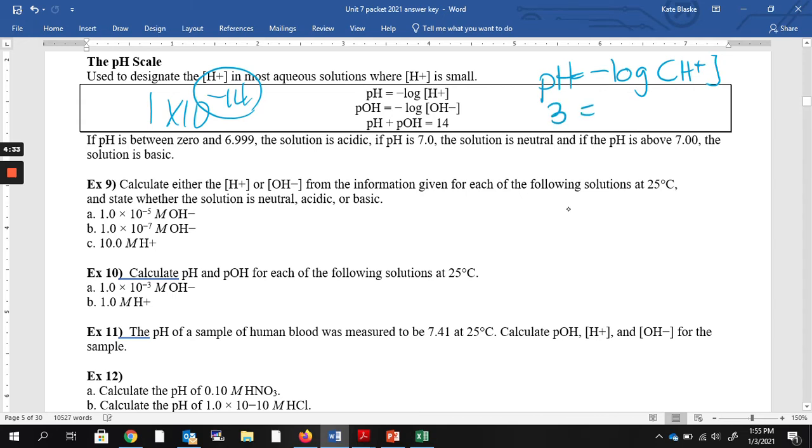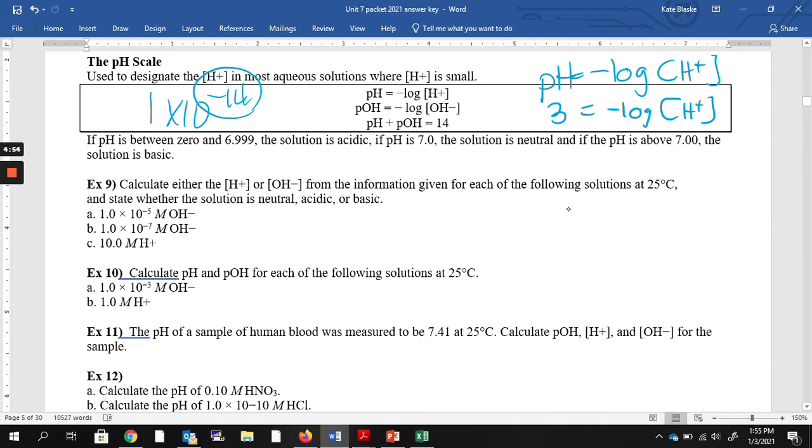So if I go 3 equals negative log of H plus, I can't just divide both sides by negative log to find the H plus, right? I can't do that. It's more like a square root where I have to undo the square root function by squaring something or like that. So we talk about